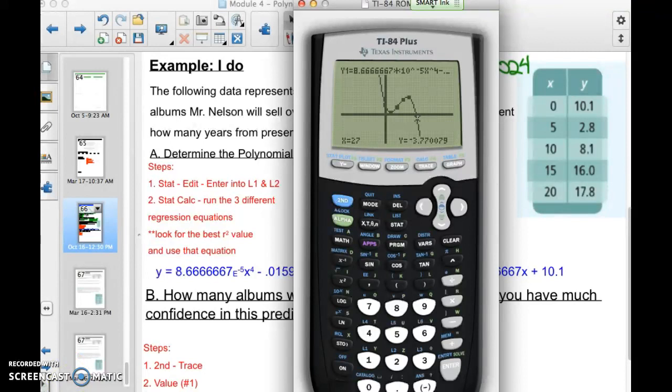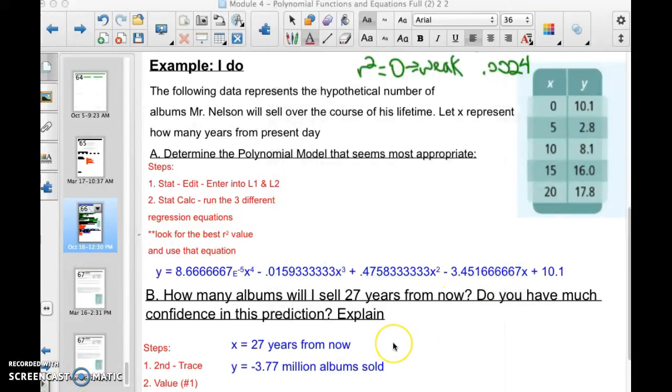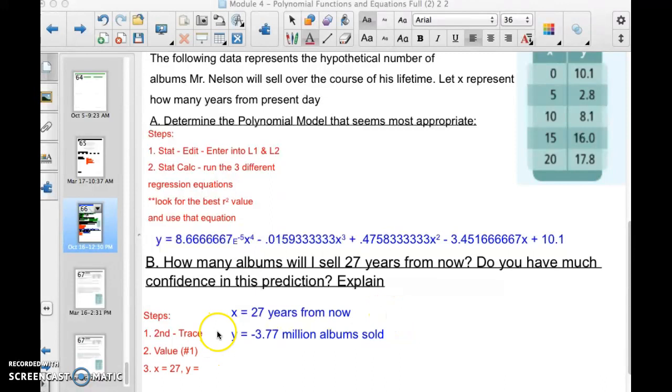So let me punch that in quick. I'm going to pause that and type that. At the x value of 27 years from now, I sold negative 3.77 million albums. So technically I had to give them back. Something happened. Now, this is very accurate because of the correlation coefficient. That's how I would answer this. And that would always answer that based on the correlation coefficient. How confident is this prediction? It's very